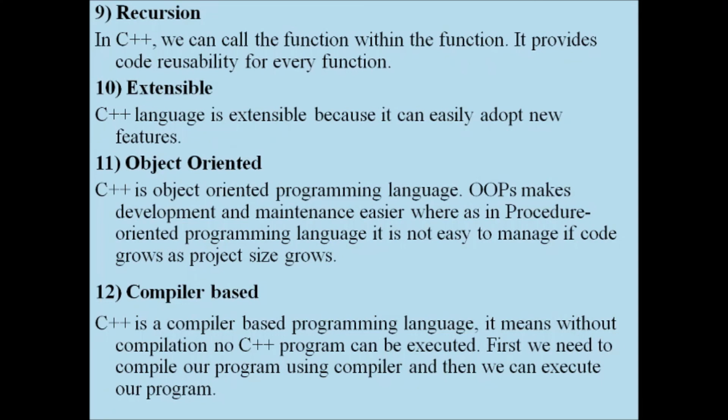C++ language has many things, but we have discussed here some of the important points. They have given 4 languages, I think: C, C++, Java, Objective-C, and then they have started with C#. Here we have discussed only C and C++. So we will see the remaining languages in the next video.